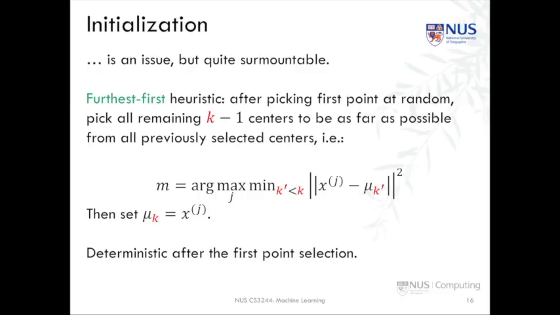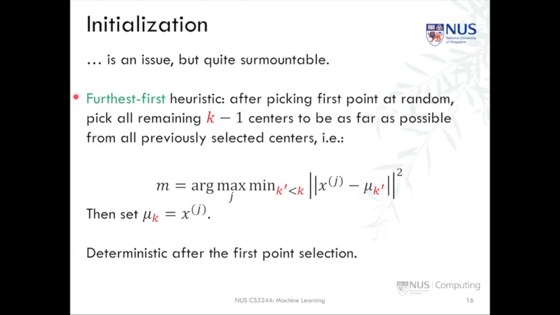There are some natural extensions to k-means that we should cover. One is the fact that if you look at the algorithm, it's quite sensitive to initialization. In order to increase the possibility that we get good results, we can work a little bit on the initialization. We can use the furthest first heuristic to make sure that the centers are fairly far away from each other, unlike the example that we showed in the beginning part of this lecture, where the blue and the red points